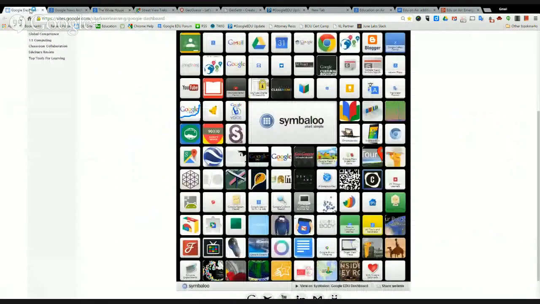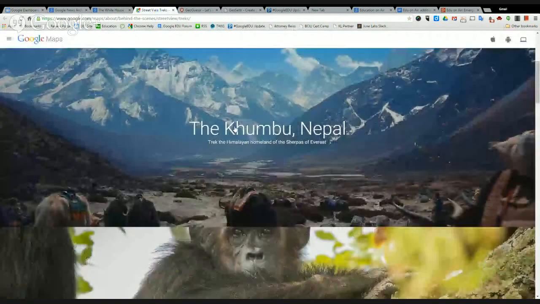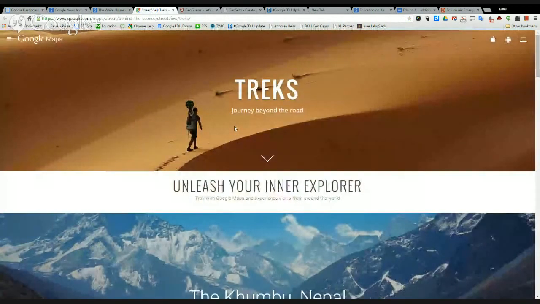Another place I want to take you while we have our time together is if you're looking at this dashboard and you come down to near the bottom row, there's a little tile called Street View Treks. Similar to the Street View technology we were just looking at, or the Museum View technology. If I dive into Street View Treks right here, there is a collection of experiences from the Google Maps team,